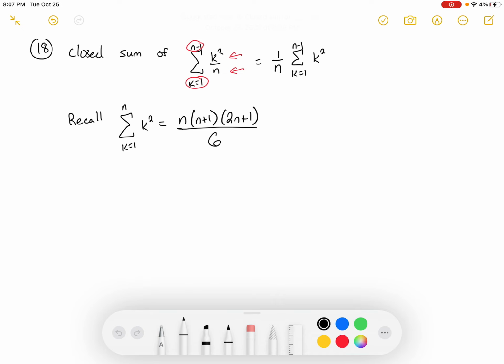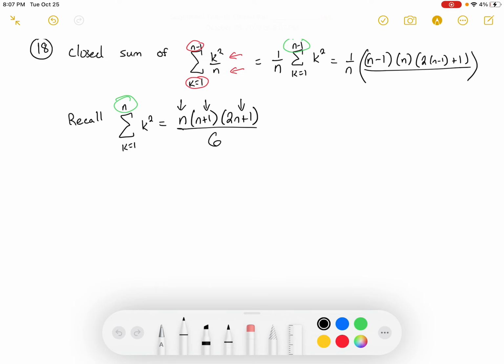So I can do the same thing here, but instead of plugging in n, we're going to need to plug in n minus 1. So we're going to have to re-index ourselves. Going back up here, this is still 1 over n, and now I can have this closed form notation. Instead of n as the first guy, I want to have n minus 1. Instead of n plus 1, I would have n minus 1 plus 1, which of course is just n. And then instead of 2n plus 1, I'm plugging in n minus 1, so I'm going to get 2 times n minus 1 plus 1,